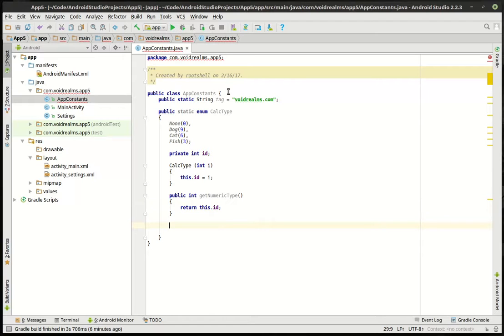But now we want to be able to convert from an integer back into this calc type. So we're going to say